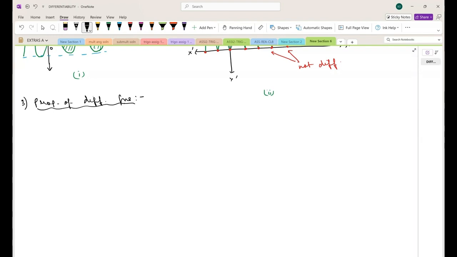So here, as usual, like what we have done for continuous functions, here also you have the same. That is, if f and g are two functions and they are differentiable, then we can say that,